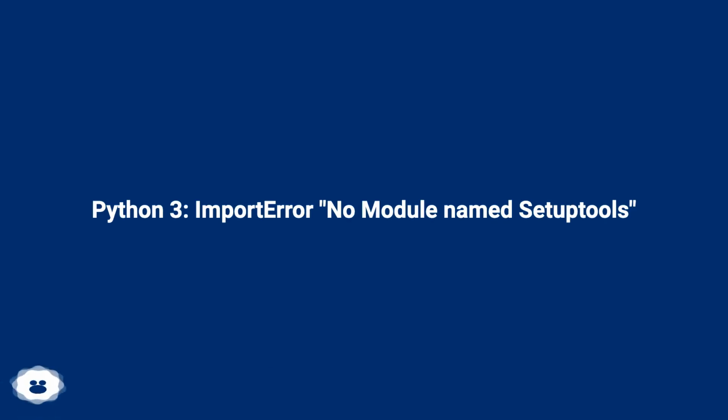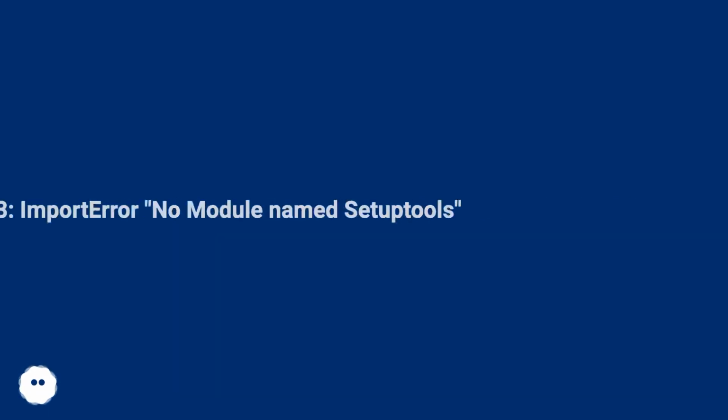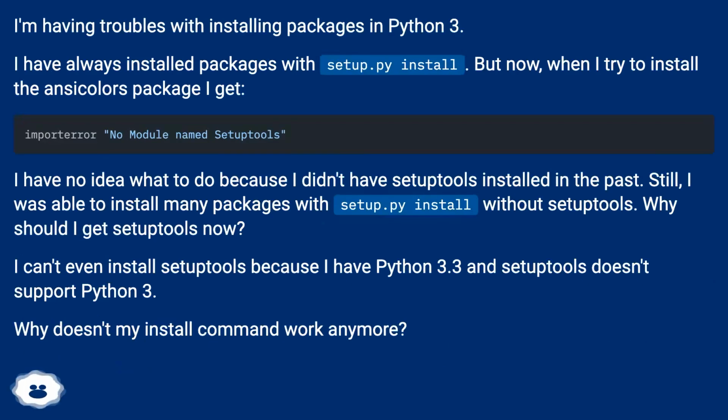Python 3, ImportError: no module named Setuptools. I'm having trouble with installing packages in Python 3. I have always installed packages with setup.py install. But now, when I try to install the ANSI colors package I